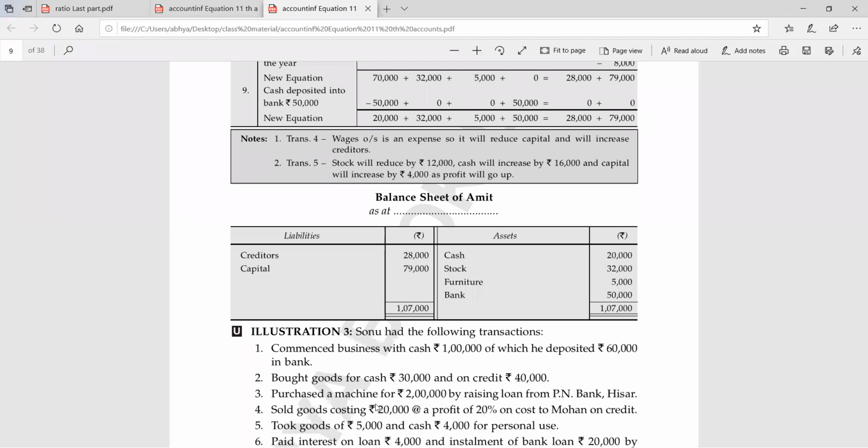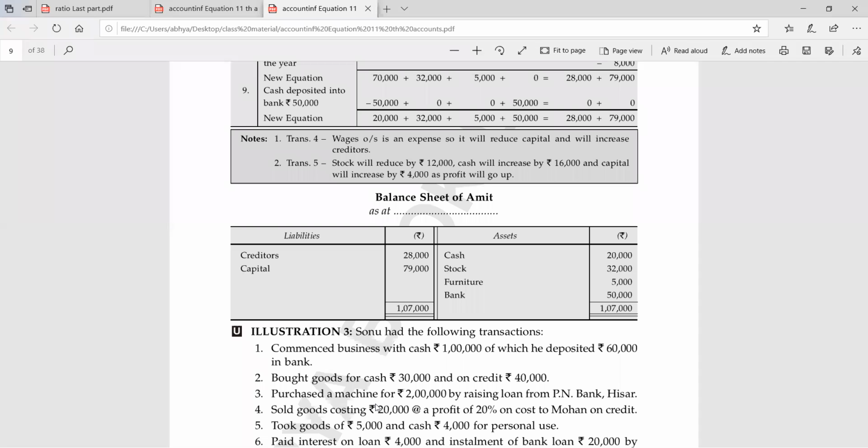First of all, you write the balance sheet of the name of the business or the proprietor. If the name of the business is given, then you write the name of the business, like ABC Limited. And if the name of the business is not given, then you write the name of the proprietor. So, balance sheet of Amit as at, meaning the date on which you are making the balance sheet. Normally in business, the balance sheet is prepared at the end of the year. Year end may be on 31st December, as I told you earlier, or it may be on 31st March. Along with the month, you also have to write the year. Like suppose this year we have to make the balance sheet, so we will write 31st March 2020.